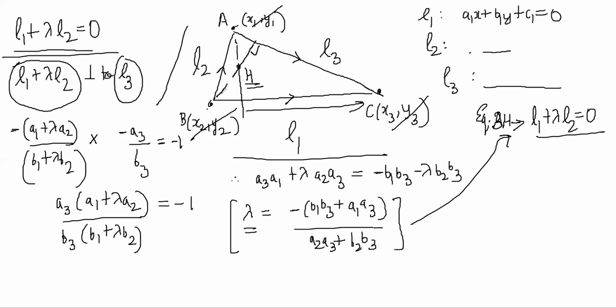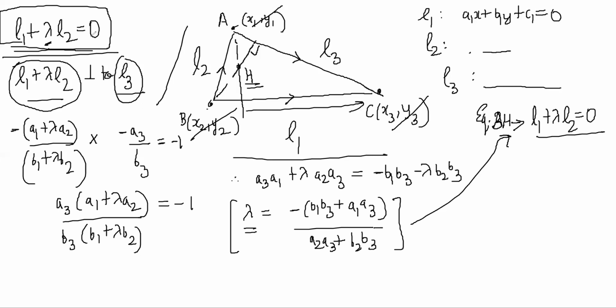You did not need to solve for ABC to find the orthocenter, right? You understand that this will be slightly faster than earlier. What have you done? You have written that any line through B will be like this, right? And then said that this must be perpendicular to that L3, no? So slope of this into slope of this will be -1. So that will give you the value of lambda. And then put that back into this, so you'll get the equation of the line.